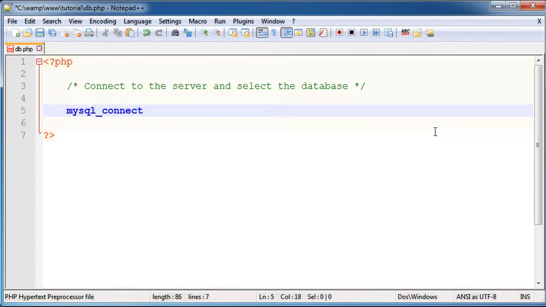MySQL connect, or I'm gonna assign a variable here, connection is equal to mysql_connect. Localhost, since this is a local web server, my username is root and my password is blank. And then after this code here, I'm gonna add this little bit of other code, or die mysql_error, and